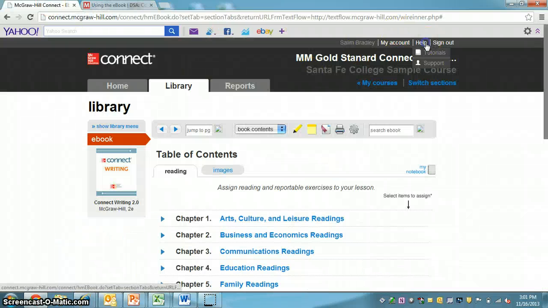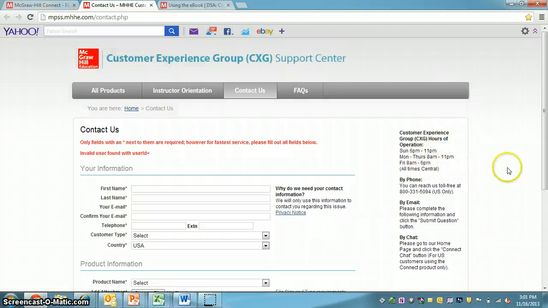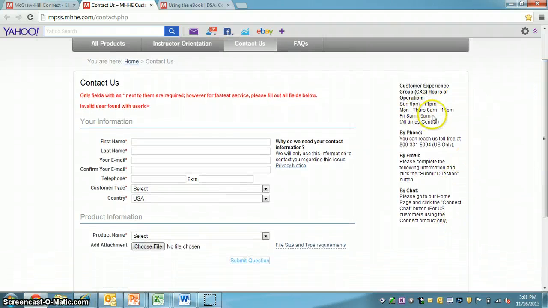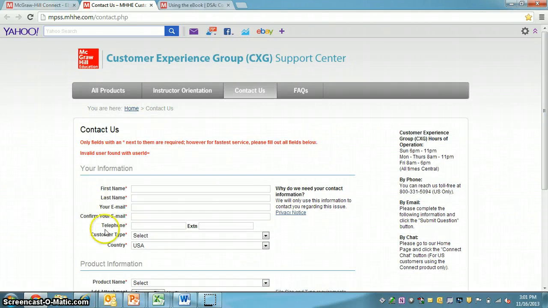Our support line is open until midnight most days of the week. This is Central Time, so you'll see Sunday through Thursday we have hours till midnight, and Fridays till 7 p.m. Eastern Time. You can email anytime you'd like to. We also have online chat, live chat during our regular hours, but you can call anytime, and this is available to you as well as to your students. If you have any questions